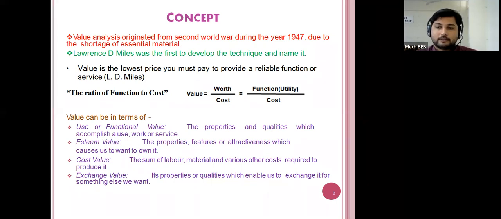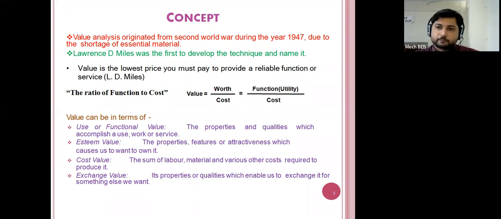Okay, so let's take the example of a toothbrush. The toothbrush is useful; at least we can say that the brushing activity you can perform in the morning for 10 minutes, and in the evening or at night for 10 minutes, so 20 minutes. So how much price do you want to pay for the brush? In how much cost do you want to buy that particular brush from the shopkeeper? Minimum I think from 10 rupees to maximum 50 rupees.